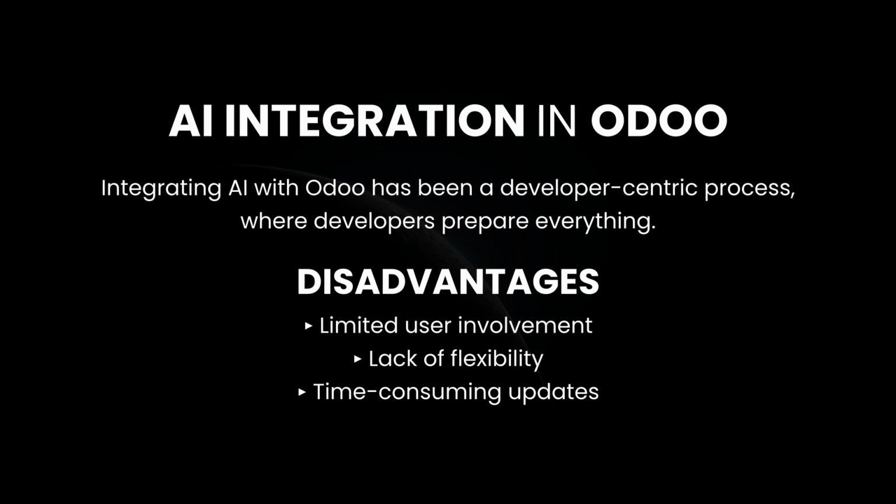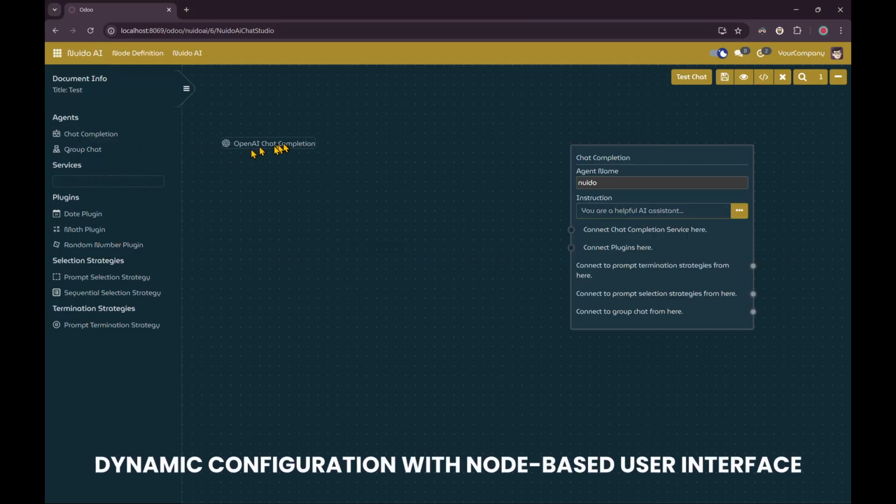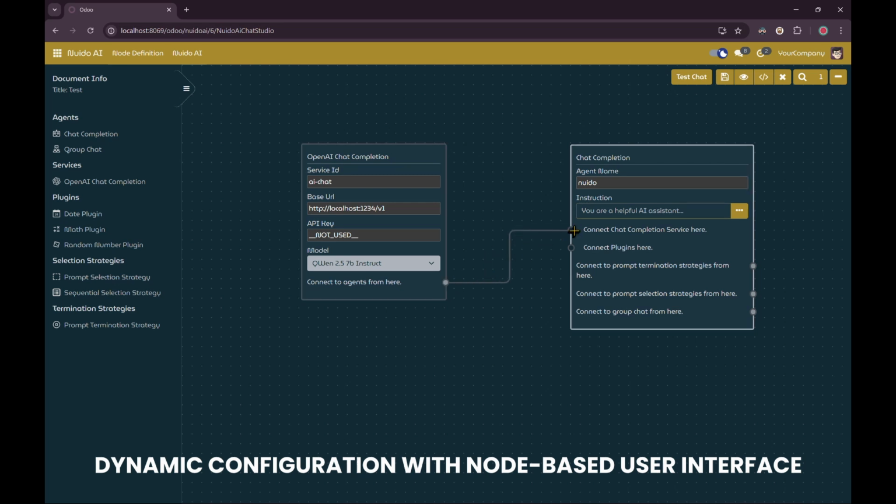Lack of flexibility. The AI's responses and behavior are predetermined by developers, making it harder to adapt to changing business requirements. Time-consuming updates. When new features or improvements are needed, users must rely on developer resources, which can be time-consuming and costly. To overcome these challenges, we'll be creating an AI chat application that allows for dynamic configuration using a